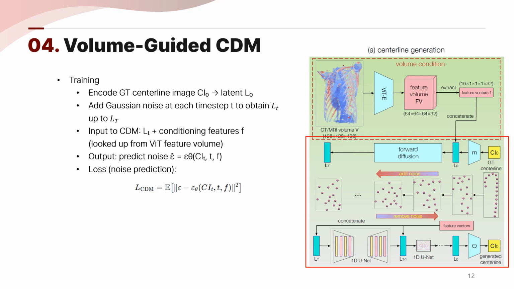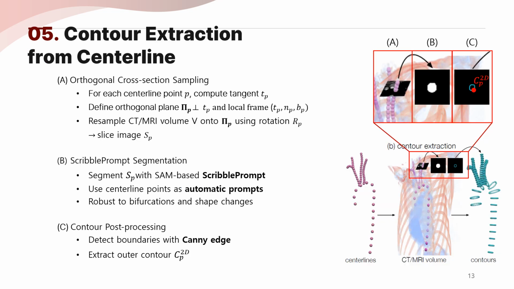Training uses the standard diffusion objective, MSE between the true noise epsilon and the predicted noise epsilon theta. Next, they extract visual contours along the predicted centerline. For each centerline point P, they compute the tangent TP, define the orthogonal plane phi P, and resample the CT